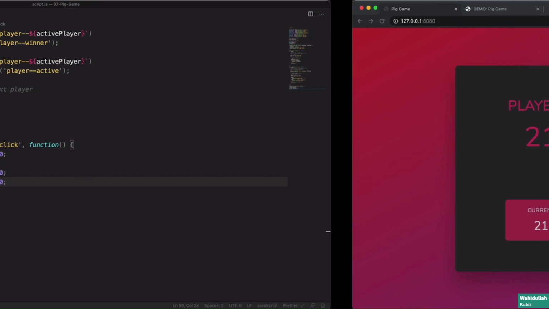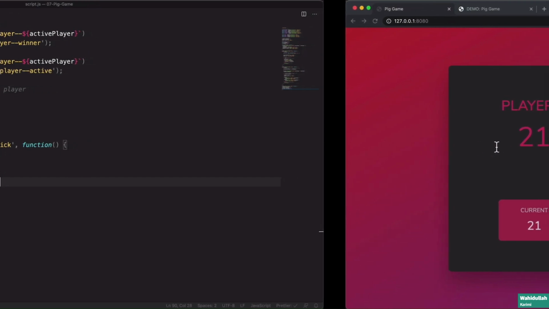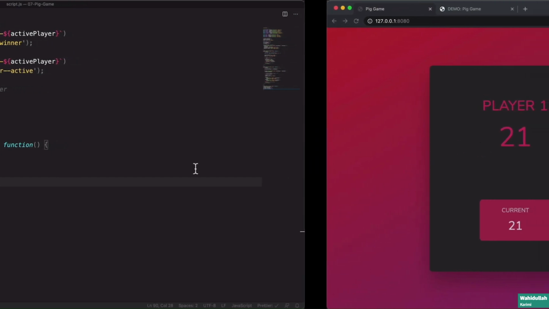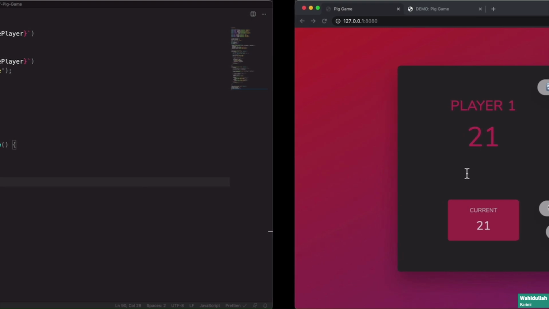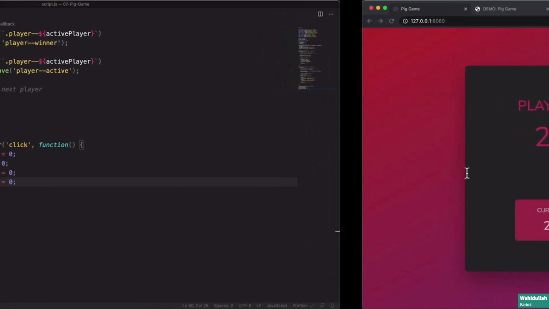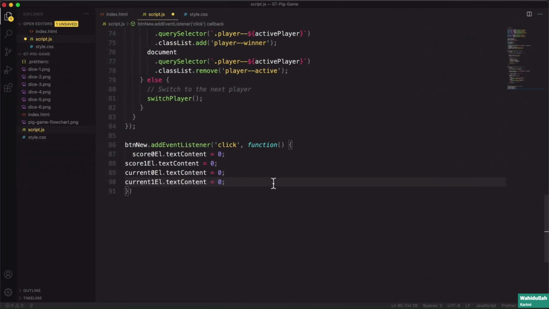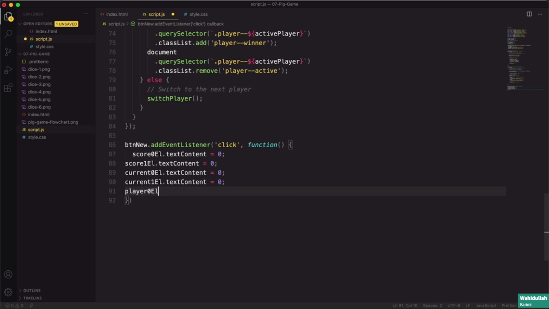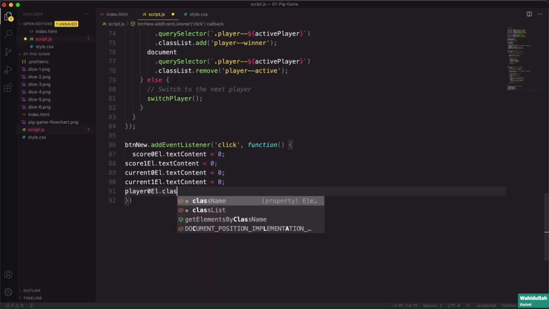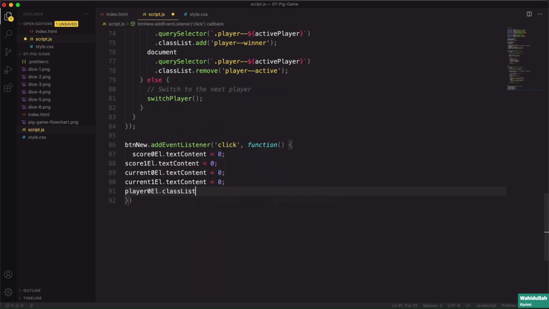Next up, we need to remove the winner class. So this dark class that we have here, and now it's going to disappear because as I move out from this window, it will save and then it will reload. So I'll only go half. But you see this dark class, the winner class, needs to disappear. And so let's do that. And so that should be player 0 element dot class list dot remove